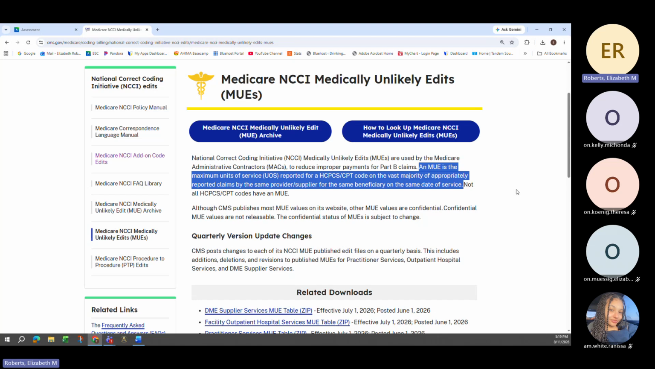So some services you can perform more than once for the same patient, same practitioner, same date of service. Some you cannot. The MUE is the indicator that tells you the maximum number of units that you can bill for a particular CPT or HCPCS code for the same patient, same doctor, same date of service. What happens if you bill